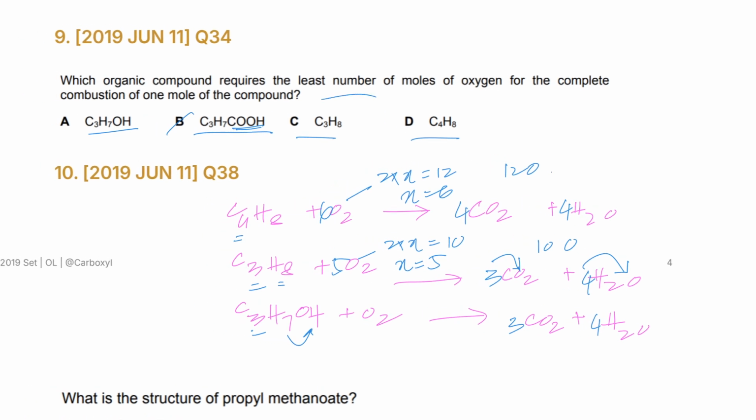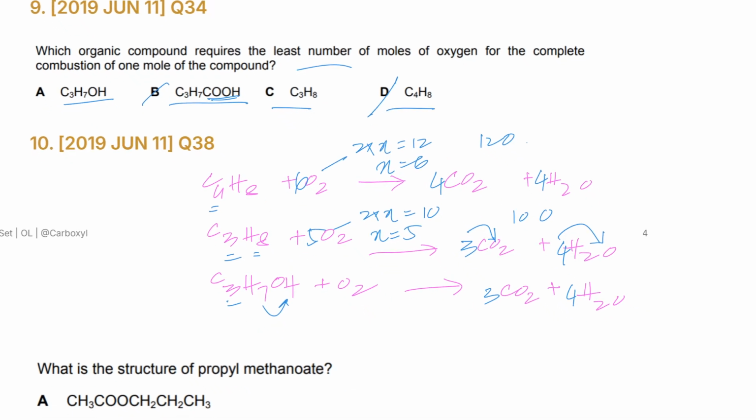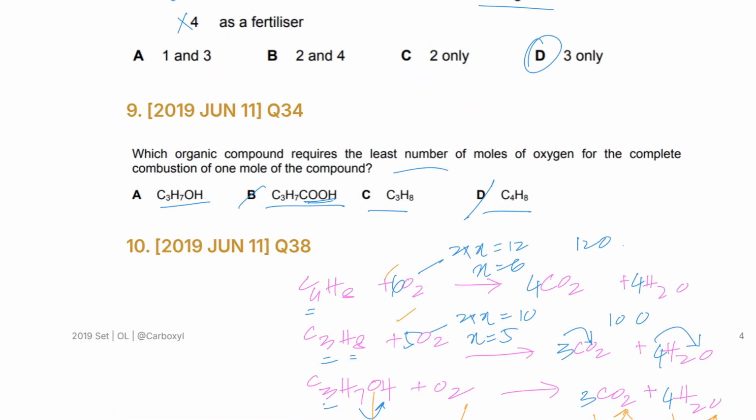So we want the least number of moles. So automatically D is wrong. Now which is between C and A. Now you have 3 times 2, that's 6, 6 plus 4, that's 10. 10 O's on the right, and you already have 1 O here. So how many more do you need? I have 10 on the right, and I already have 1 here, so I need 9 more. So what should I multiply 2 with to get 9 more? X is equal to 9 over 2, which is 4.5. So you get 4.5, and therefore A is the least amount of moles. This is 5, this is 6, this is 4.5. So I'll go with